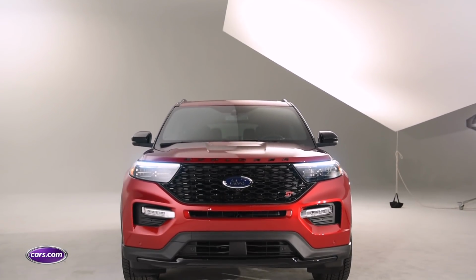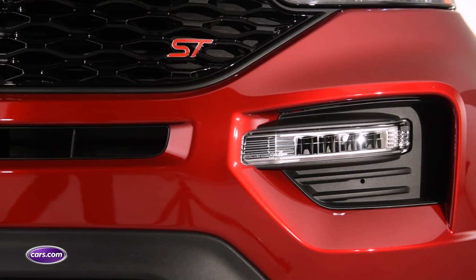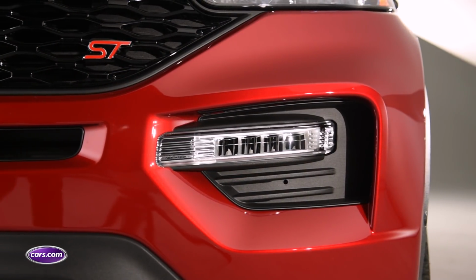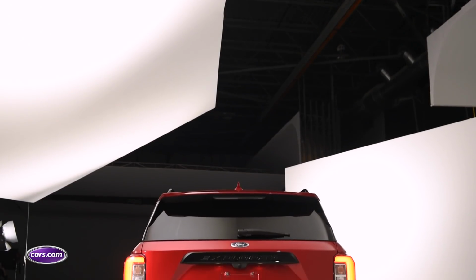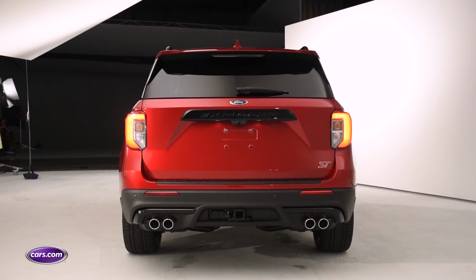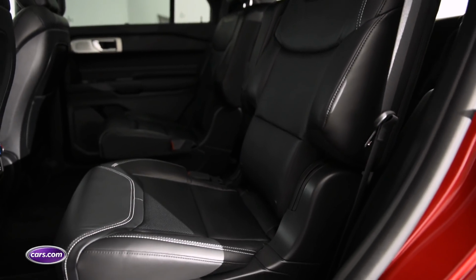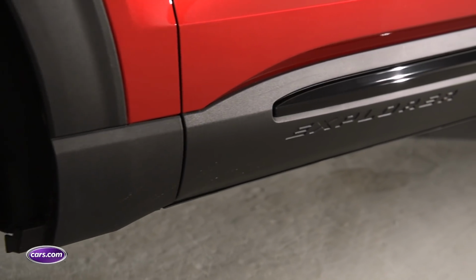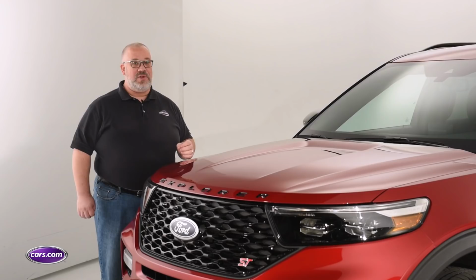SUV, new for 2020, and it's on an all-new platform that has once again switched back to rear-wheel drive. Now, Ford has said they've done this because it's better for handling, it's better for towing, but in our experience, a 3-row SUV on a rear-wheel drive platform usually comes with some compromises, sometimes in cargo room, sometimes in passenger room. So we've come here to suburban Detroit to have a better look at the 2020 Explorer, to see if Ford has crafted something that's as good as it ever has been, or does it come with a couple of